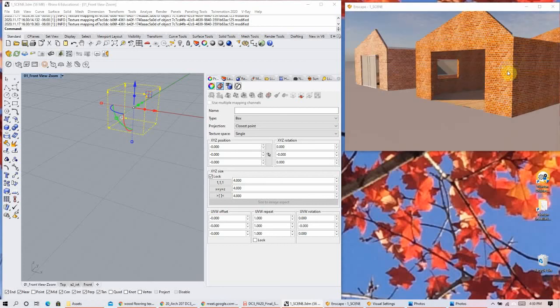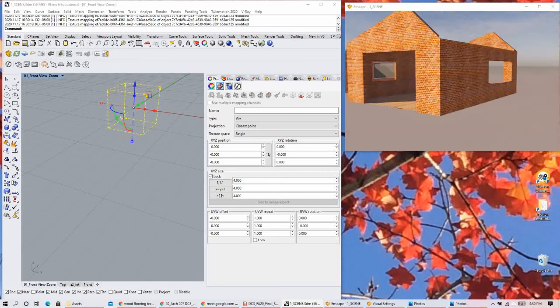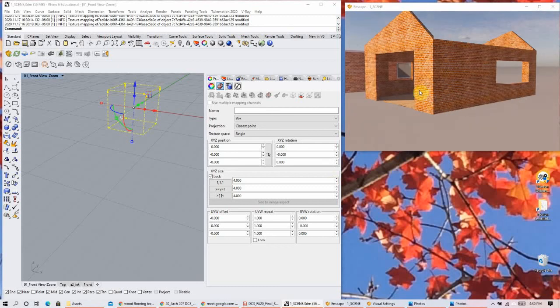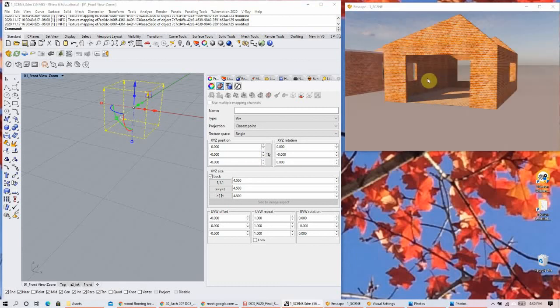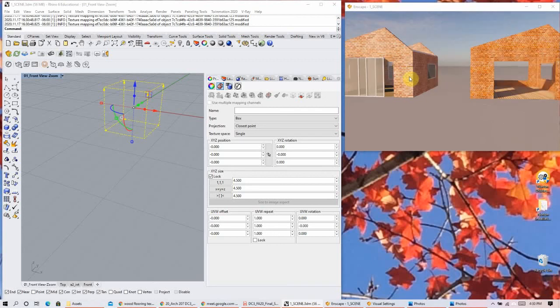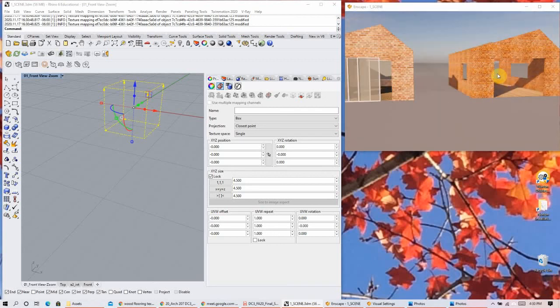So it's mapping pretty appropriately. If I wanted to make that any larger, like I said, that little trick where we make it a little bit larger, I could change that mapping size, say like 4.5 feet, and then that reads a little bit better. Okay,